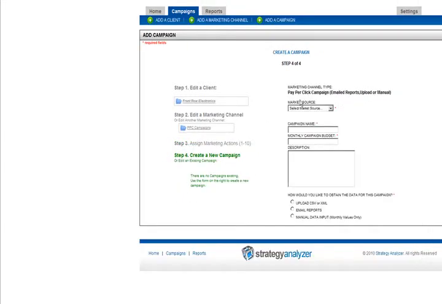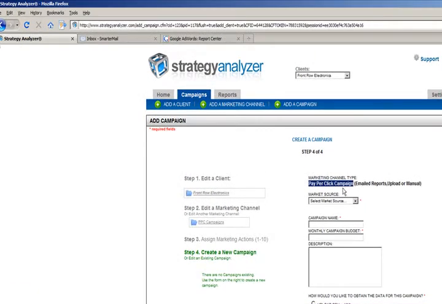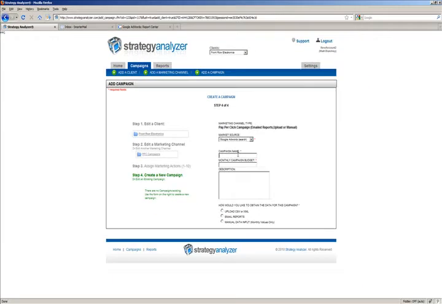which is the create a new campaign. And as you can see, the marketing channel type was remembered from step 2 as a pay-per-click campaign, and this provides you the options of importing data from emailed reports, uploaded data from a flat file or a CSV, or manually adding it. And the options are down here depending upon what you want. But the first thing we want to do is select a marketing source, and dependent upon a pay-per-click campaign, your marketing sources would be Google, Yahoo, and MSN. Search and content accordingly. So we're going to do search, and I'm going to name the campaign Google